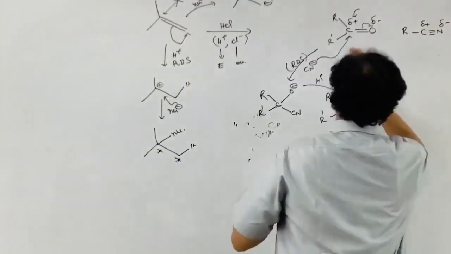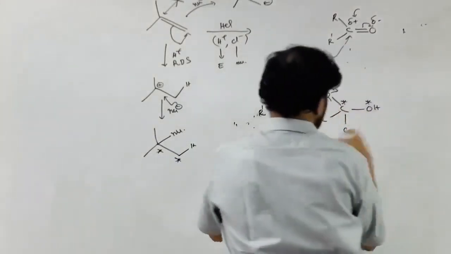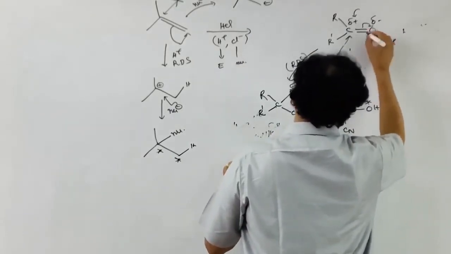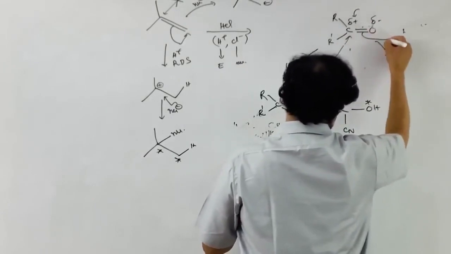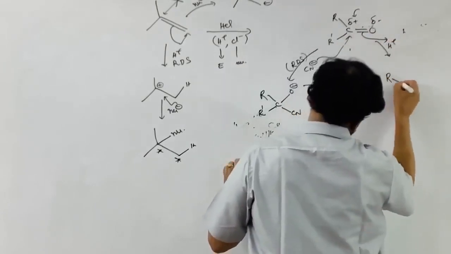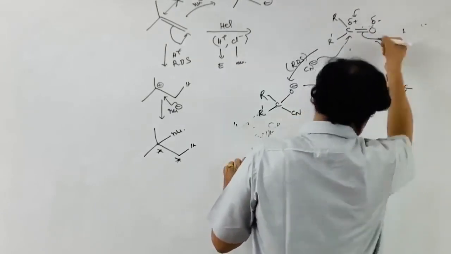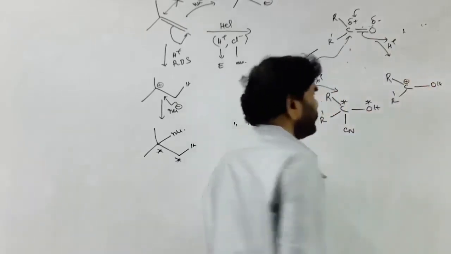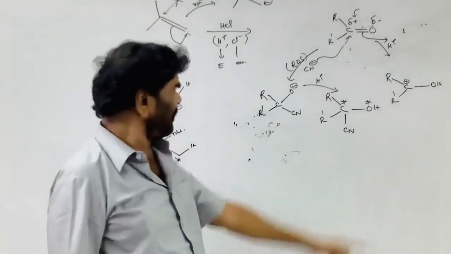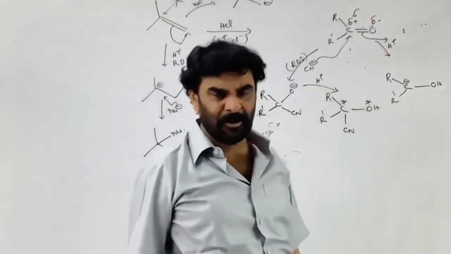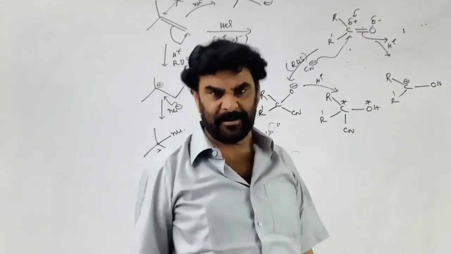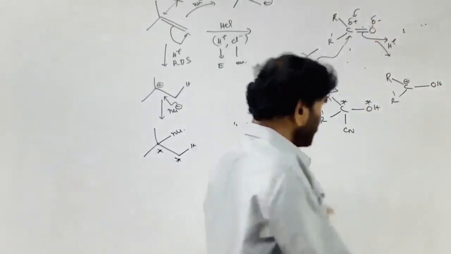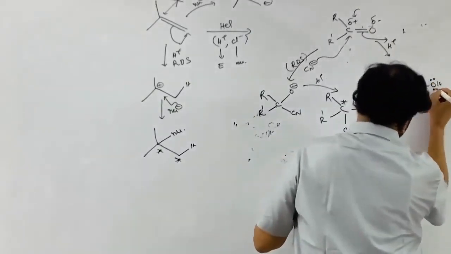Suppose you come to this one, then what happens? I will write the mechanism the other way. Take the H plus ion here. Let the H plus ion attack. This is the positive charge. It has the opportunity to go to this one. There is no restriction here. Like the nucleophile, the electrophile can approach in the first step. This is formed. But you see what happens here.